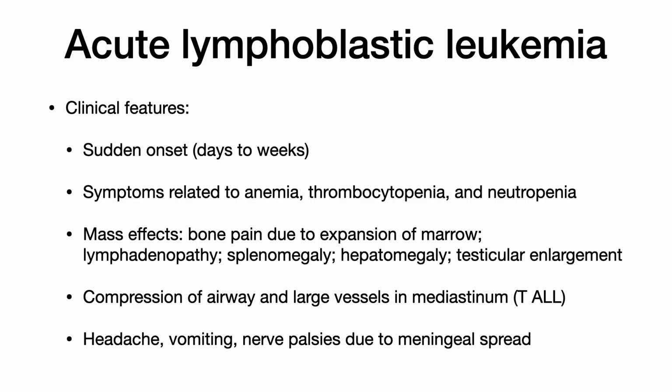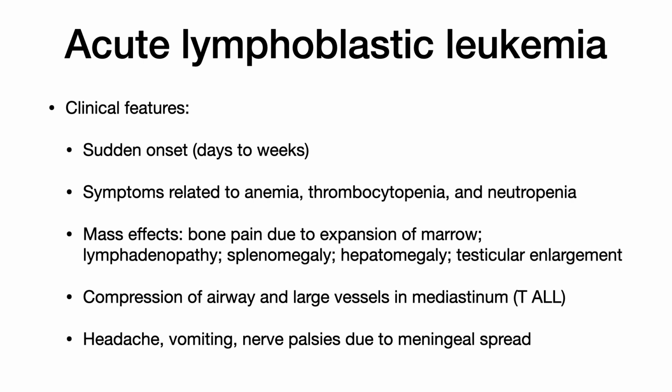So the way it presents, it's acute. So it usually presents with a relatively sudden onset. So it says days to weeks. And then what happens is the leukemic cells wipe out the normal hematopoietic cells. So you're not making red blood cells, you're not making white blood cells, you're not making platelets. So therefore, they can present with anemia, they can present with thrombocytopenia, they can present with neutropenia and relative